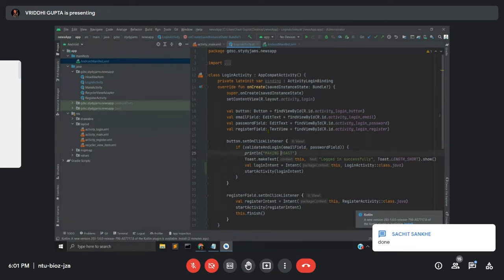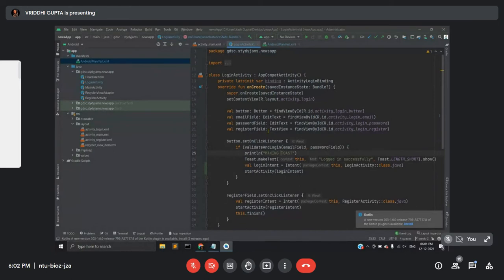Okay, nice, Sanchit. Now these changes are done. So let's get back to making fragments for our project. We will be making two fragments. One will be for the recycler view and the other for viewing the content of any selected article.